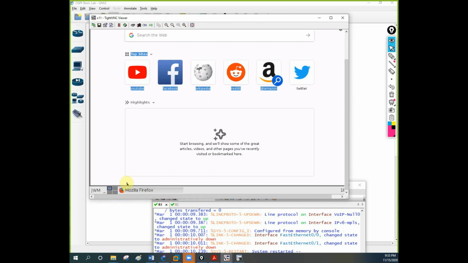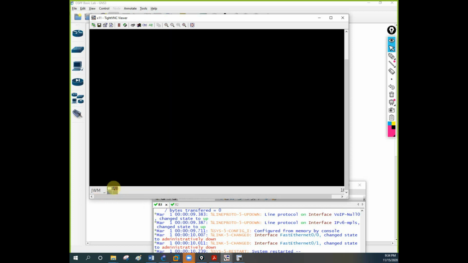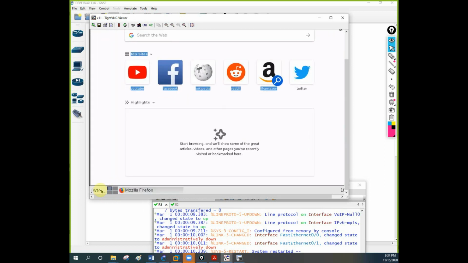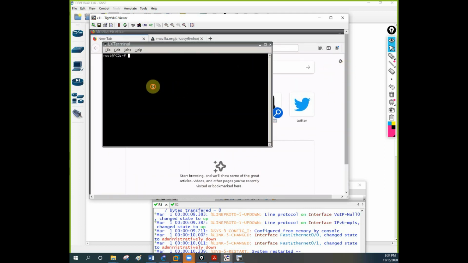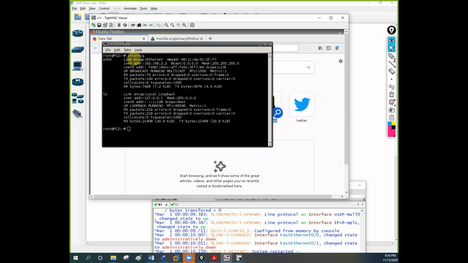If you want to check whether the browser internet is working or not, or if you want to use the CMD, we can use the CMD also. You need to click this JWM and go to the terminal. Then you will have the terminal like this. You will type here, same like a Linux system. If you want to check the IP, you can write ifconfig. You have the IP address here,